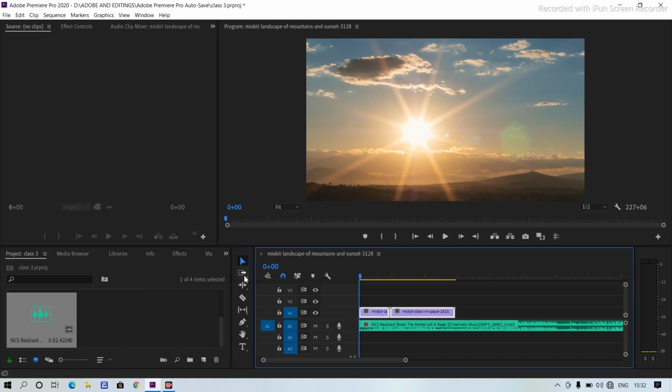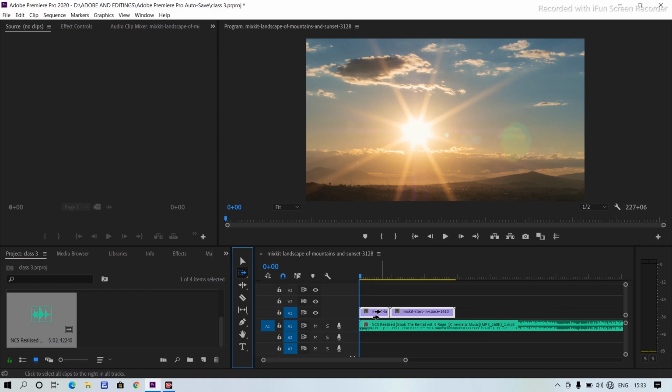Then the next one is track select. You can see here there are two keys, track select forward and track select backward. The shortcut keys for it are A and Shift plus A. When you click A, it will shift it forward, and when you click Shift plus A, it will pull it backward. Let me show you.